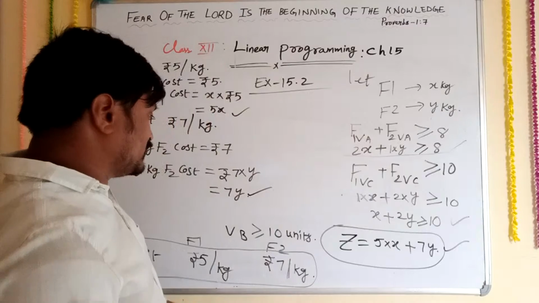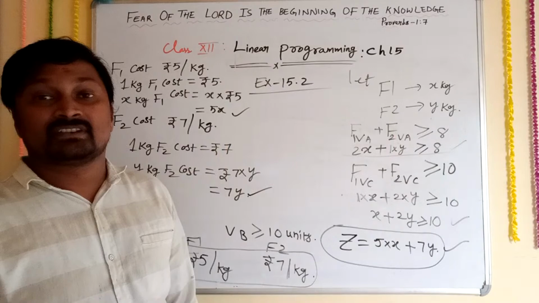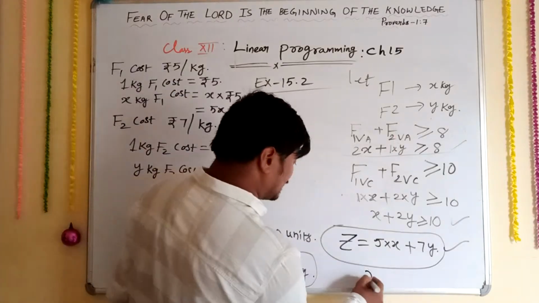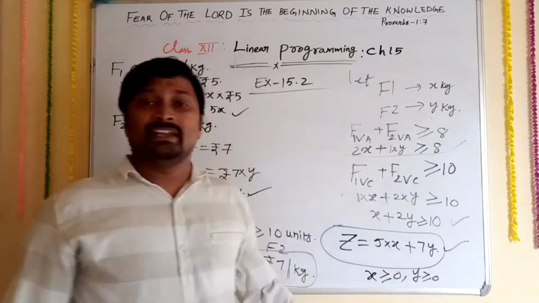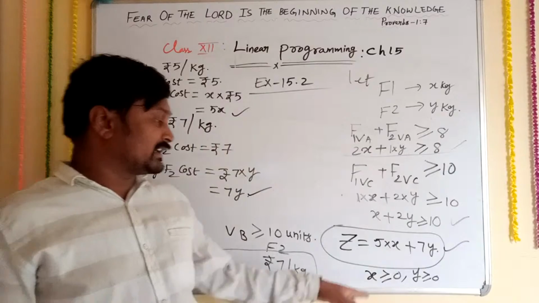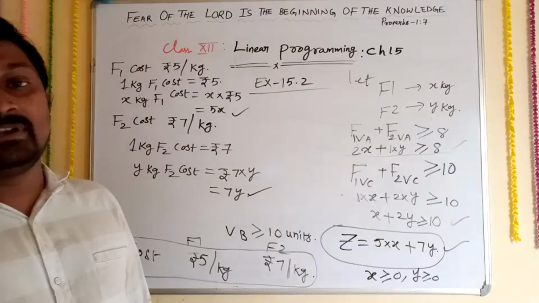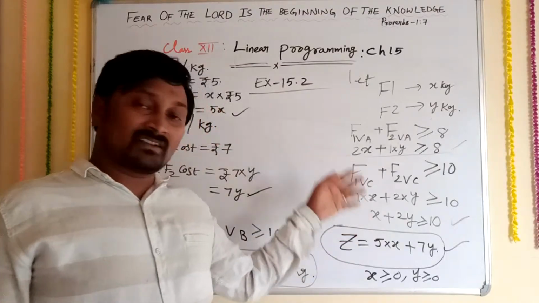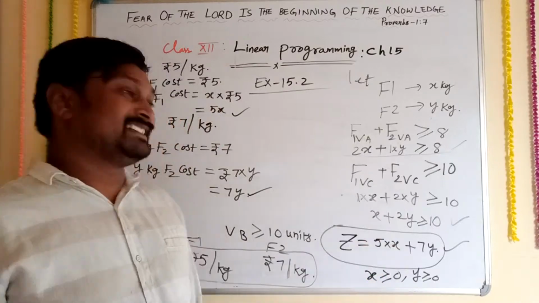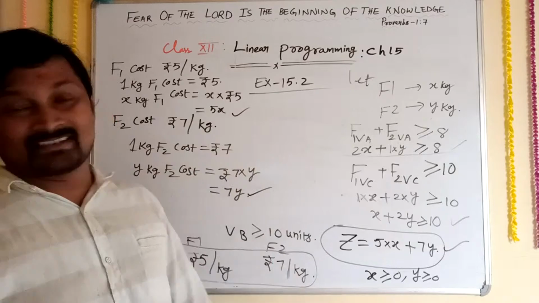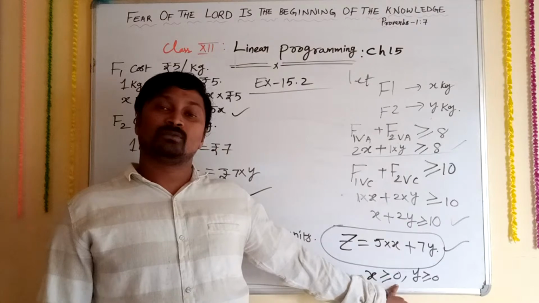Okay. Now, after this, the remaining constraints are the non-negative constraints, that is, x is greater than or equal to 0 and y is greater than or equal to 0. You may have a doubt: why have we not written less than or equal to 0? Remember carefully, the vitamin units or the cost should not be less than 0. If the cost is less than 0, then it is not possible to produce these things. Because of that reason, these should be non-negative constraints.